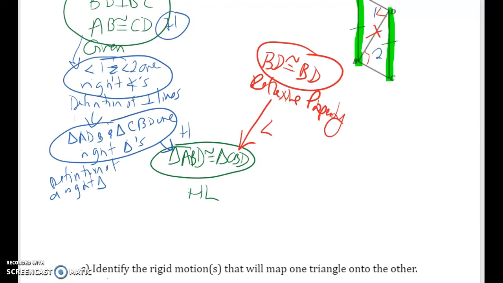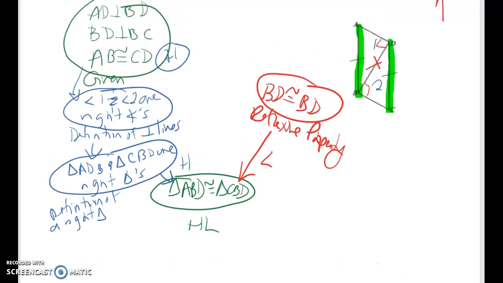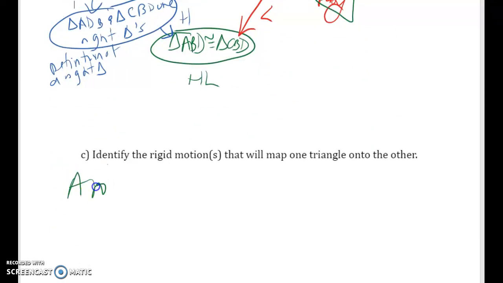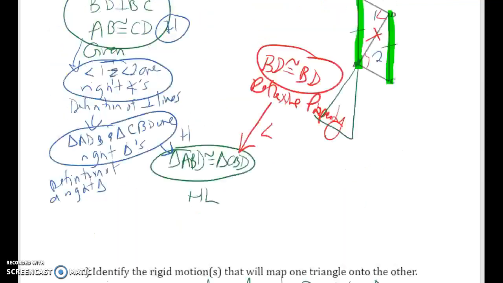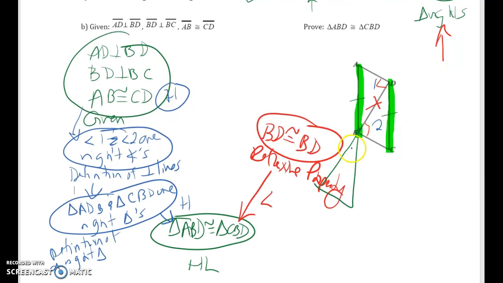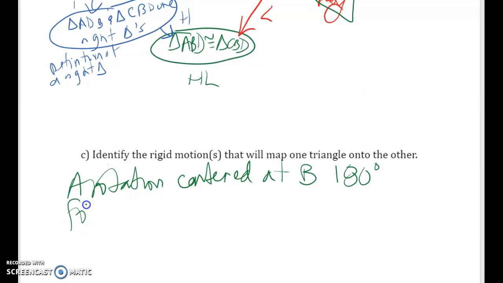So let's look at the final question down below. Identify the rigid motion or motions that will map one triangle onto another. So here we're going to need a sequence. So I chose to rotate about B 180 degrees, which puts me here. So a rotation centered at B, 180 degrees, will put me over here. And then I would need to translate my figure from B to D, so followed by,